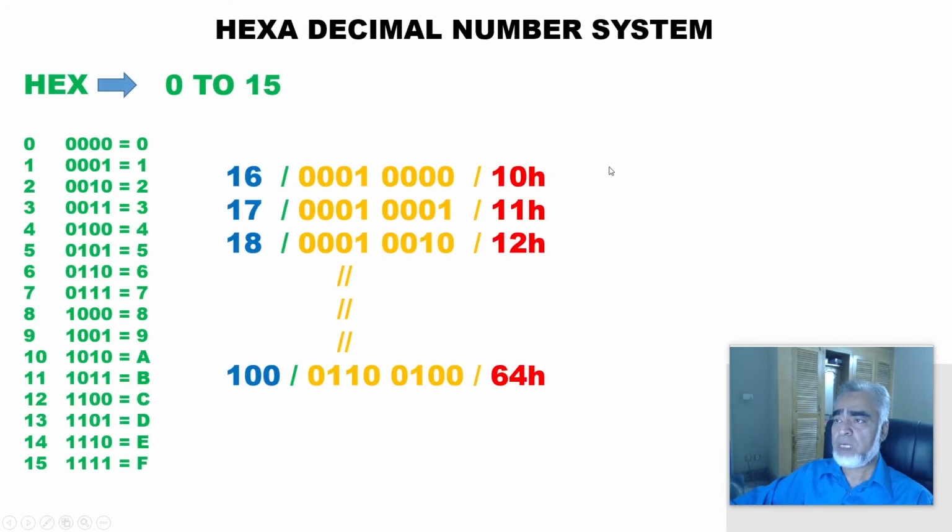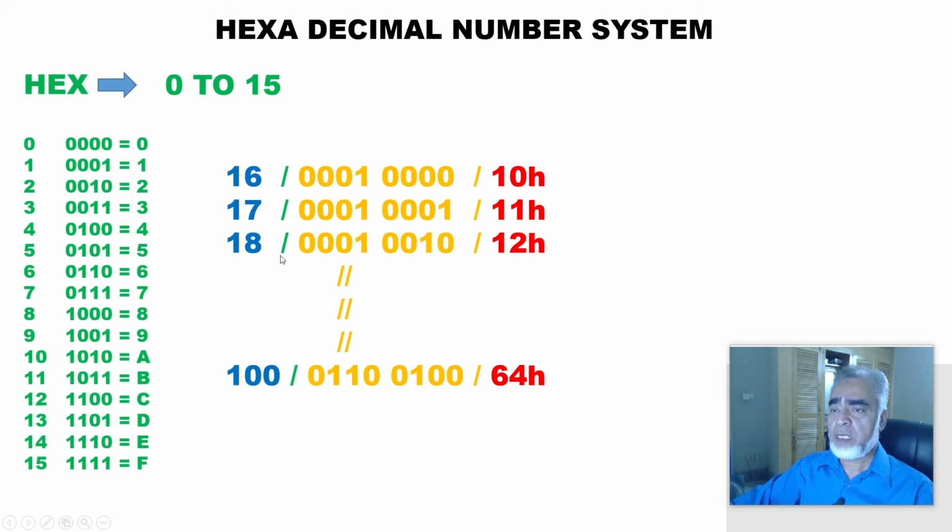Now come to the hexadecimal number system. As we know, the hexadecimal number system goes from 0 to 15. So we can write in decimal 0, 1, 2, 3, 4, 5 up to 15. Here we have the variables A, B, C, D. For 4 bits we can have 16 combinations, from 0 to 15 or 0000 to 1111. In the hexadecimal number system we write the value of 10 as A, 11 as B, 12 as C, 13 as D, 14 as E, and 15 as F.